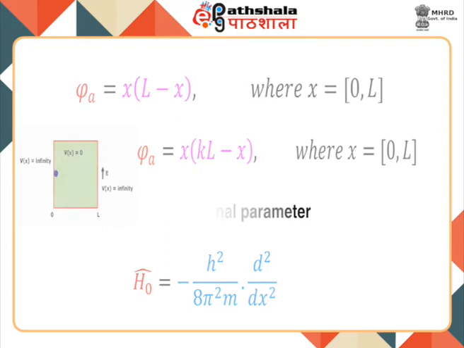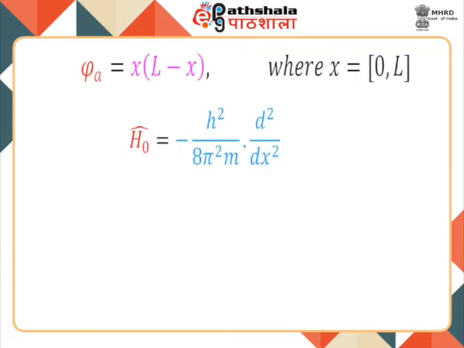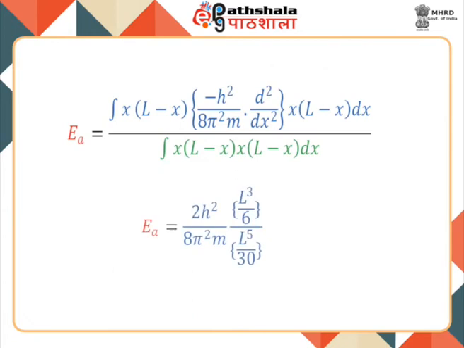Substituting the trial function as given in equation 3 and Hamiltonian from equation 4 into equation 1 to calculate approximate energy gives equation 5, where in numerator we have integral x into L minus x into minus h square upon 8 pi square m into d square by dx square into x into L minus x dx upon, in denominator we have integral x into L minus x into x into L minus x dx, which on integration gives